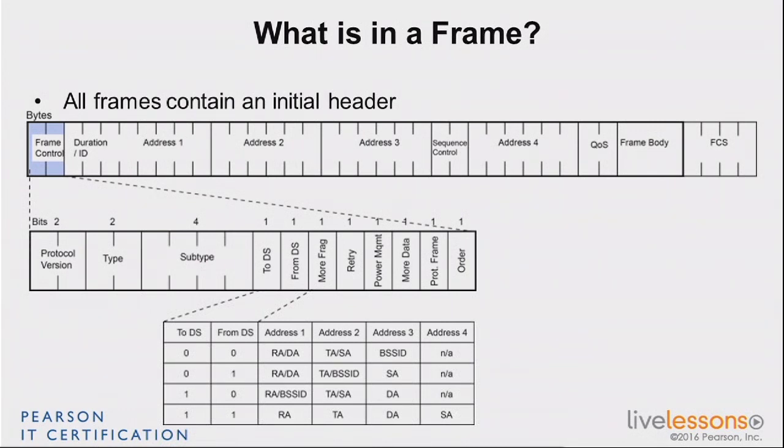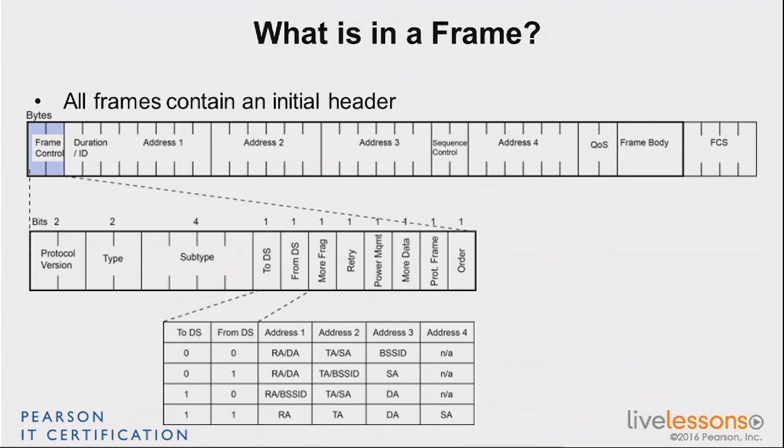So DS, distribution system, remember that's the connection of the access point to the rest of the infrastructure outside of the cell. So when the frame is to DS, it means that it's typically sent from a station to the access point, and then the station says, send that over, whatever that is, I don't know. That's your job as an access point. When it's from DS, it's probably coming from the access point and going down to a client. And then what is interesting here, and what is complex too, is that depending on what combination of to DS and from DS you have, the MAC addresses you see at the back are not going to mean the